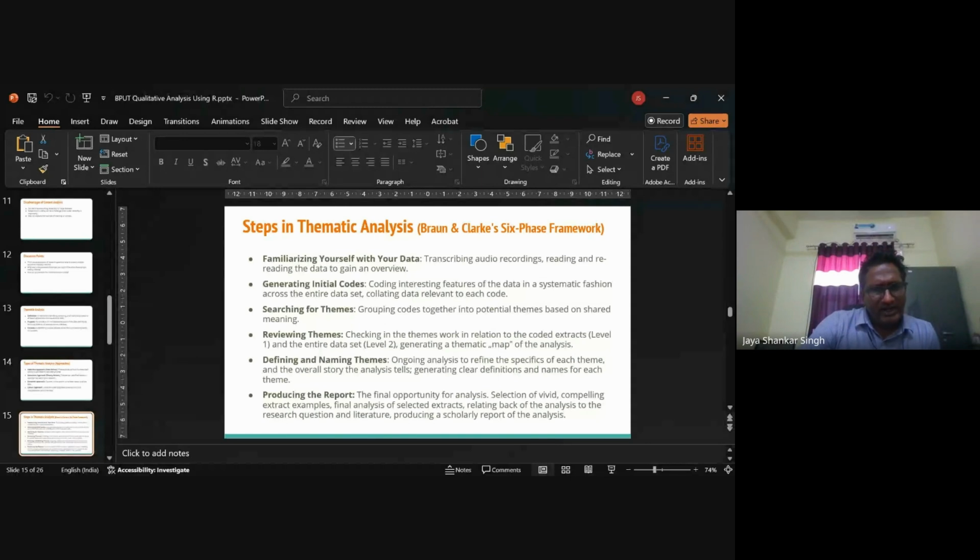The first step is familiarizing yourself with the data, like transcribing audio recordings, reading and rereading the data to get an overview. So you go through the data to have a better understanding. Then you generate initial codes. You could say it is similar to content analysis itself. The coding